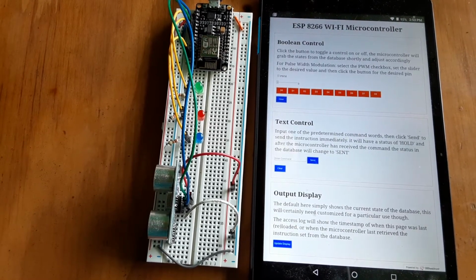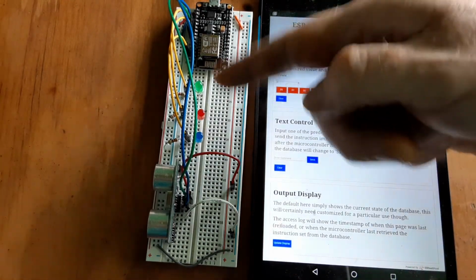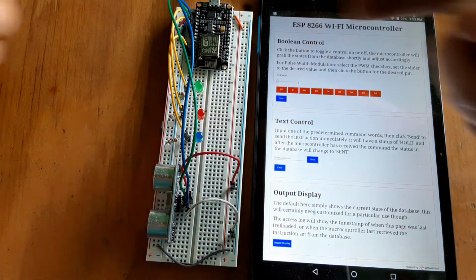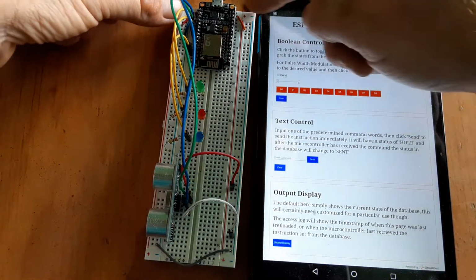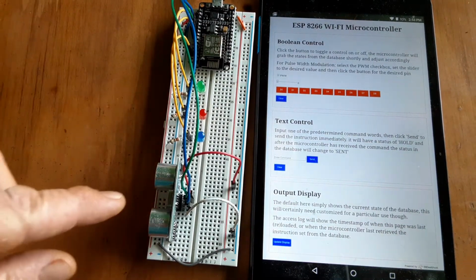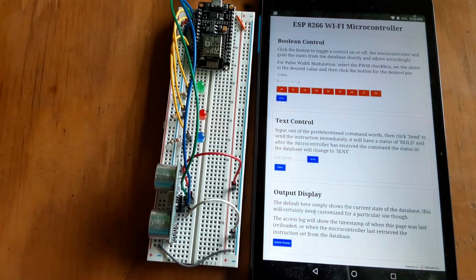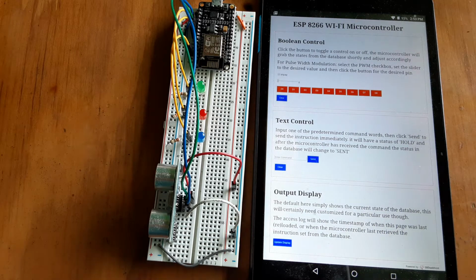Okay, so just demonstrating this example file here for these starter pages. For the example, I went ahead and hooked up a simple setup, some LEDs, running the 3.3 volt and 5 volt rail off the microcontroller. Then I have some LEDs hooked up and an ultrasonic range finder for a sensor. That'll demonstrate everything, which is obviously a trivial example, but keep in mind hooking up LEDs